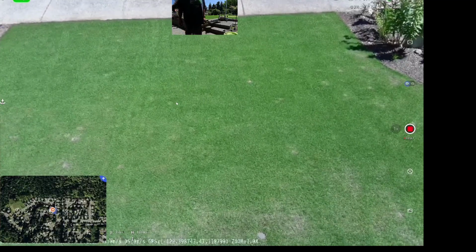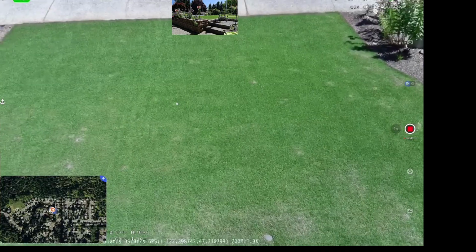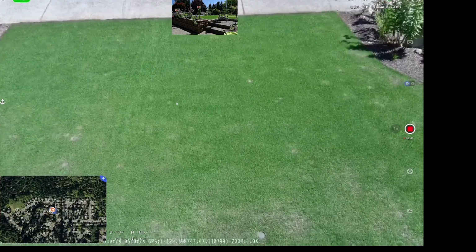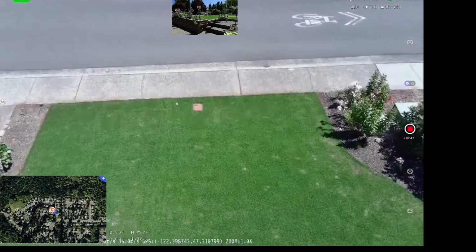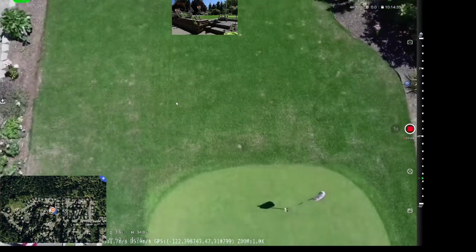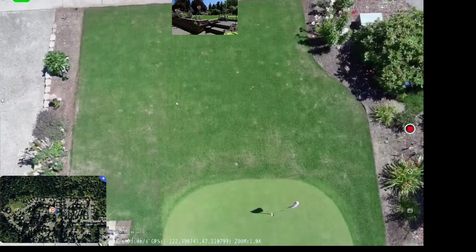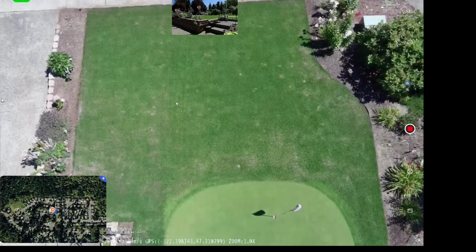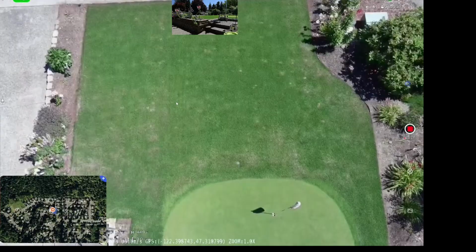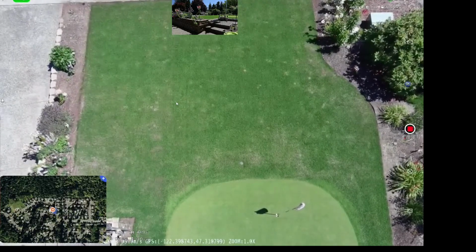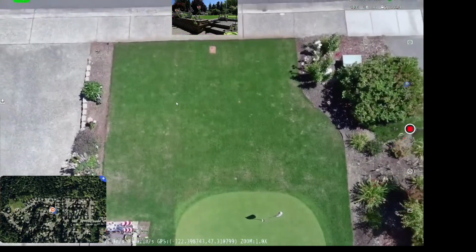So let me get that in place, and I'm just going to do a quick mow. The little patches you see are the areas that need to grow with some grass, and the other areas are just filled with compost still.